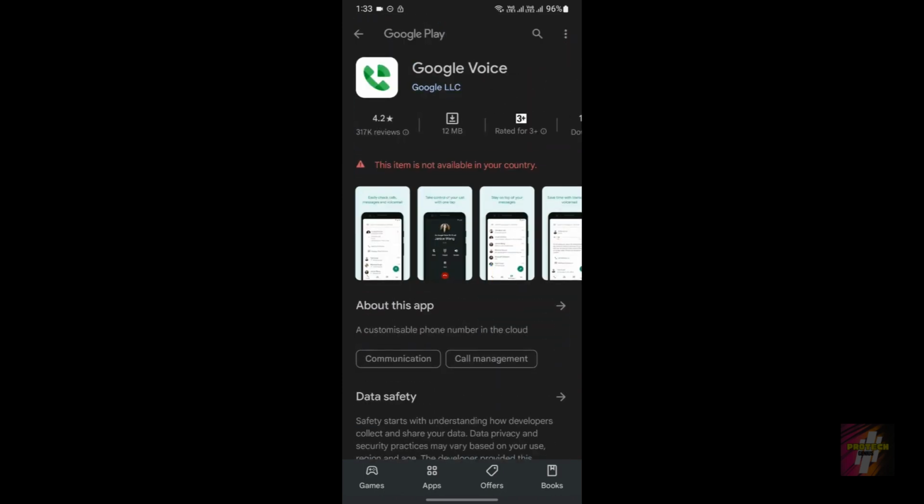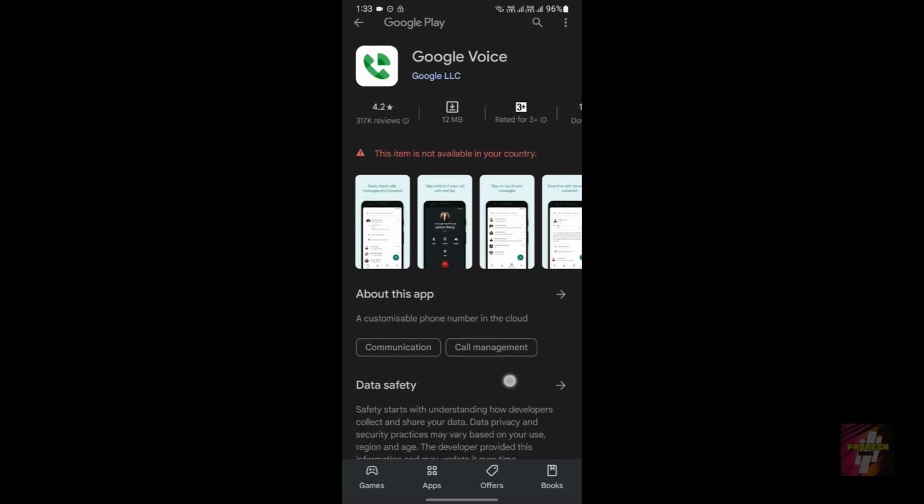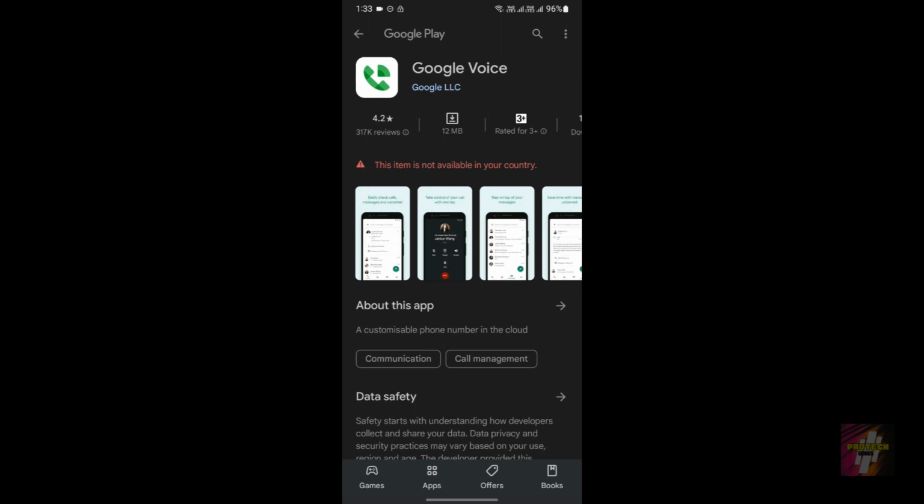So first of all, if you guys are here for Textnow alternatives, Google Voice is a Textnow alternative which I have mentioned, but as you can see on my screen over here, this is not actually available for folks outside US. So if you're looking for Textnow alternatives which you can use without any problems, I have made a separate video for Textnow alternatives, and I have made a separate playlist which covers all the Textnow alternatives. I'll leave the playlist link in the description and the first comment. I'll pin the comment so you guys can just go check it out.